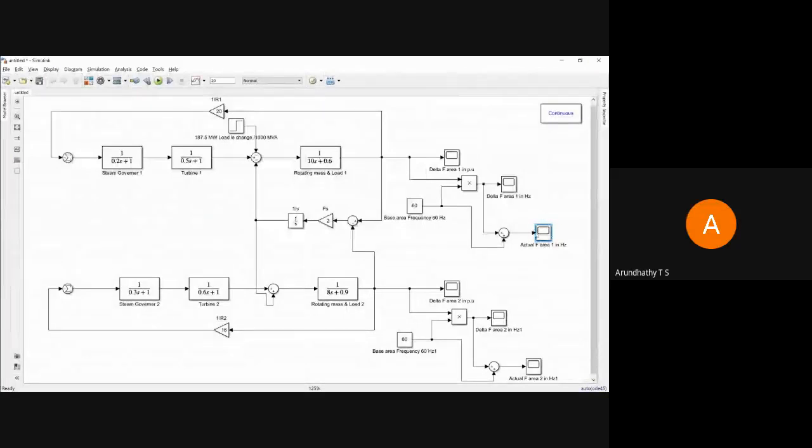Change in load. Yes, very good, Arundhati, right? Because of the change in load of about 187.5 megawatt, definitely the voltage will drop. Definitely the speed is also getting dropped. When speed drops, my frequency, f equals N P by 120, is directly proportional to synchronous speed. Speed has reduced, voltage dropped. Why did voltage drop? Because of the load current.